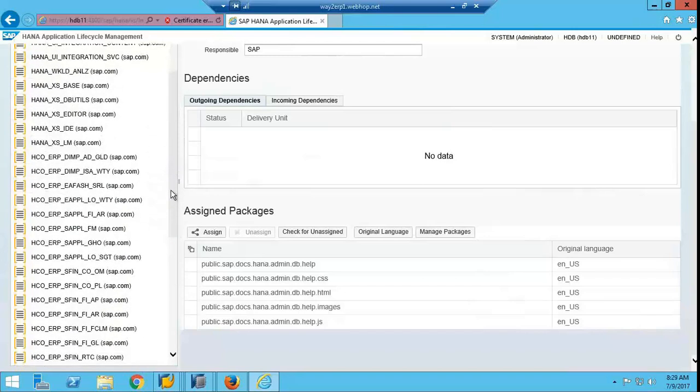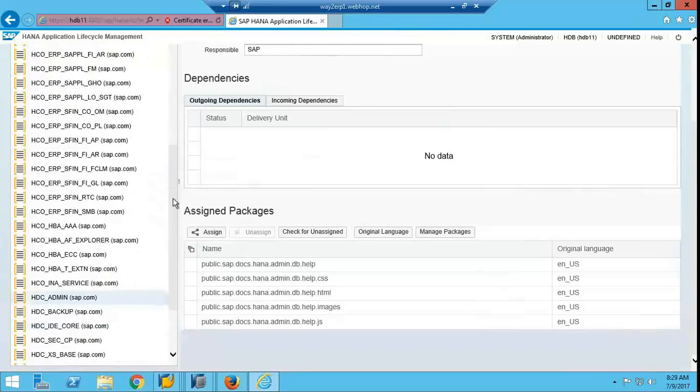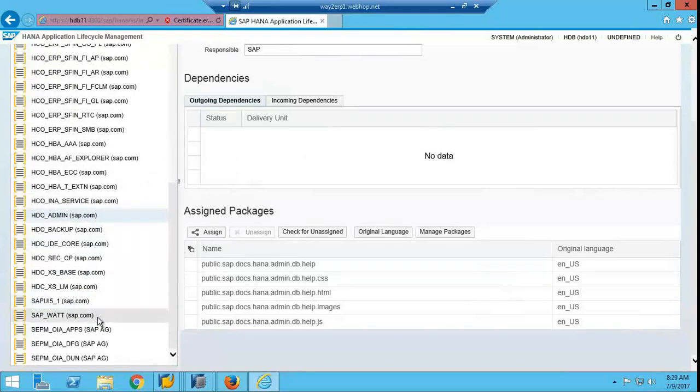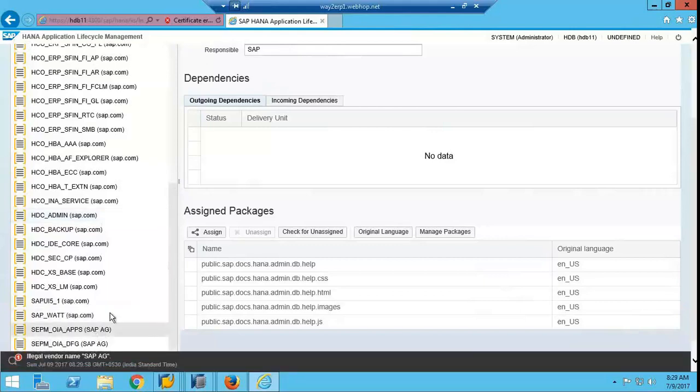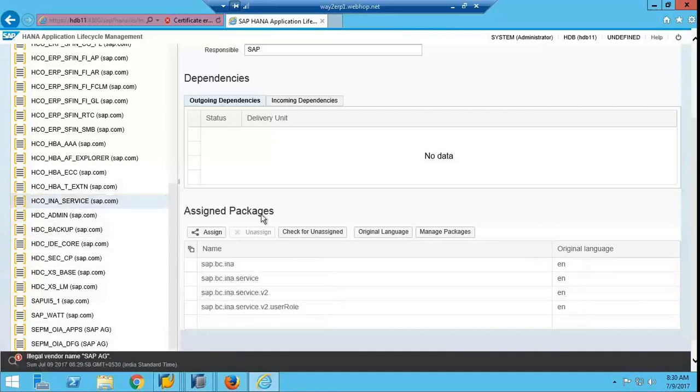There is no custom delivery unit. Okay, this is the delivery unit concept.